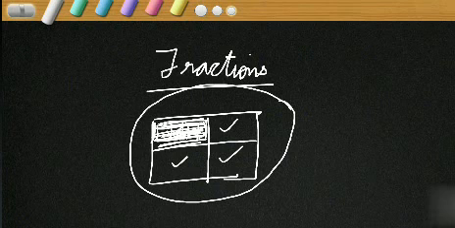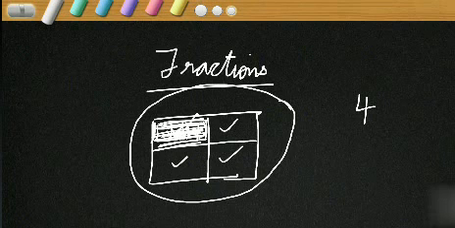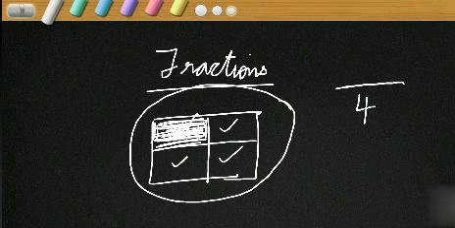What has been done here? We have divided the given rectangle into 4 equal parts and we choose only one from that. From these 4 equal parts, we have shaded only one. How to represent this condition? For representing this, we write 4 down and 1 above with a bar. It is read as 1 by 4.